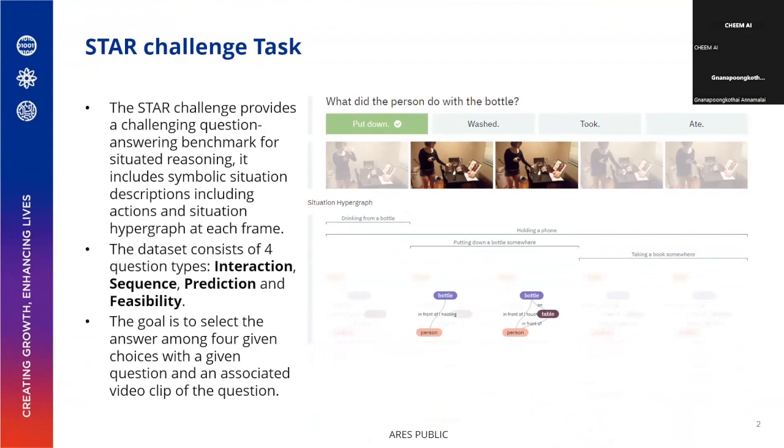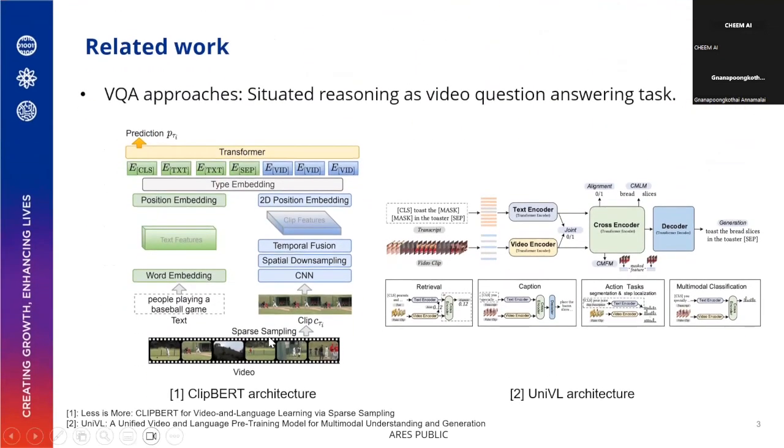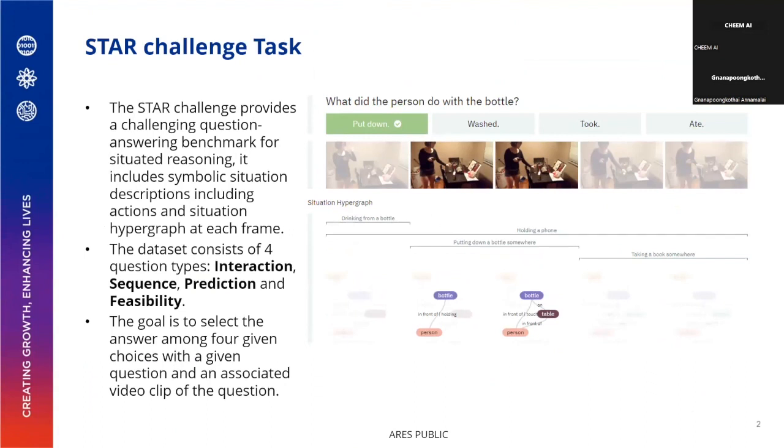Previously, we have worked on the STAR challenge. As you can see, it's basically a situated reasoning QA dataset. For example, in this example: what does the person do with the bottle? The Q&A model needs to not only understand the video, it also needs to understand the question in order to produce the correct answer. In this example, the person is putting down a bottle. So the question is asking what the person does with the bottle, and we need to choose "put down" based on this